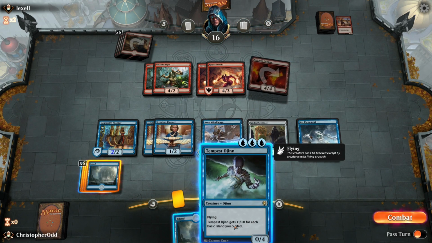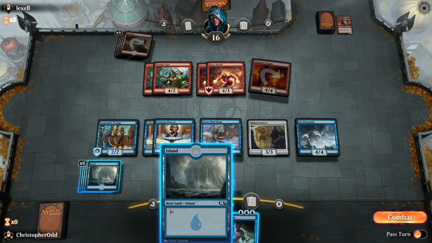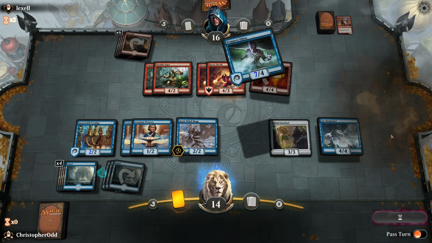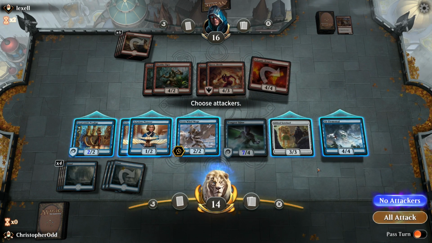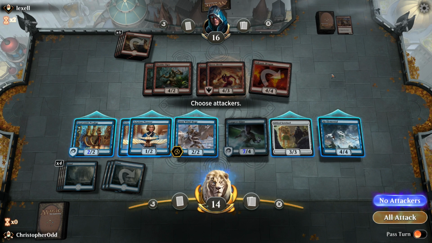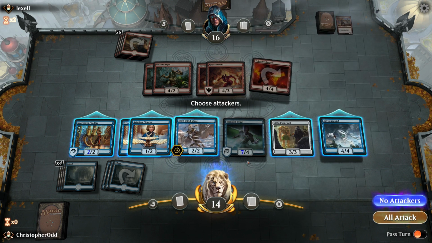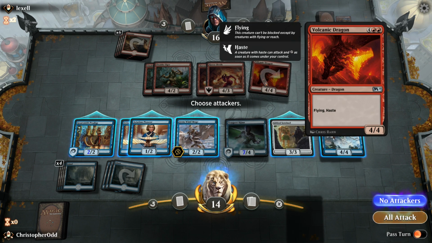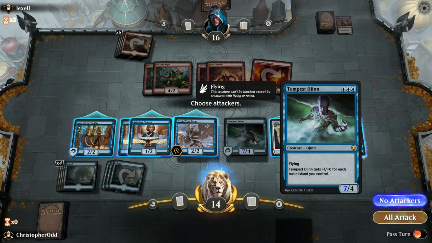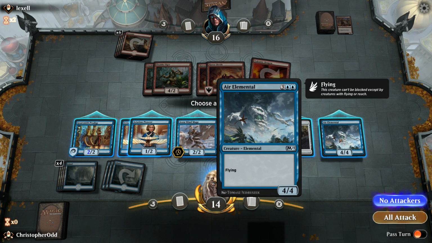Tempest Djinn. Gets +1/+0 for each basic Island you control. Hello. That ain't bad. That's going to be scary for him. That is going to be scary for him. Now, I can do another 4 here. If he does attack next time, I might just take this again, because I want to keep this 7 going. We can get this even higher. He's only got 1 card left. I've got none, to be fair, but